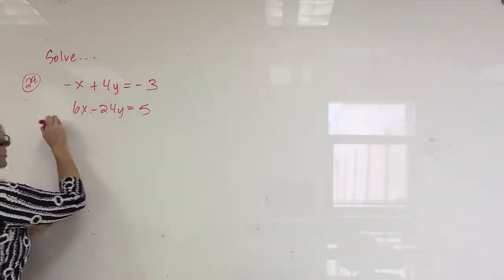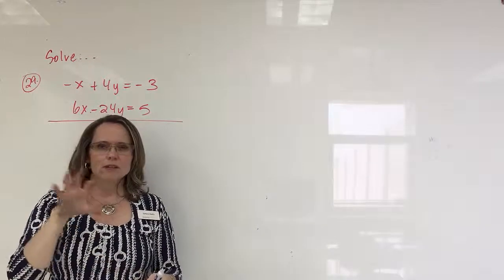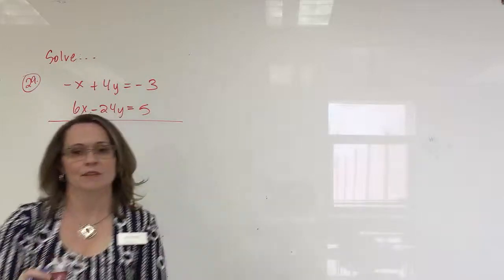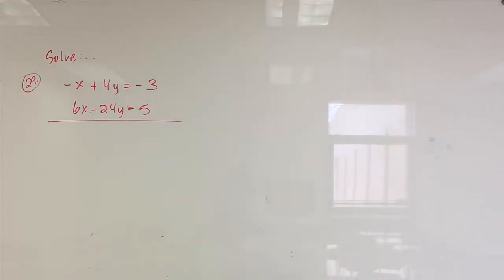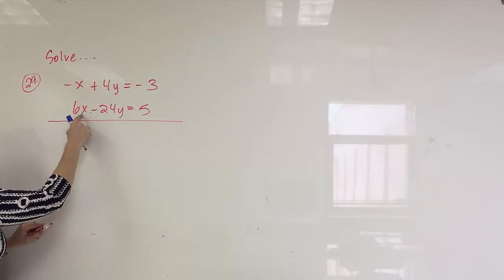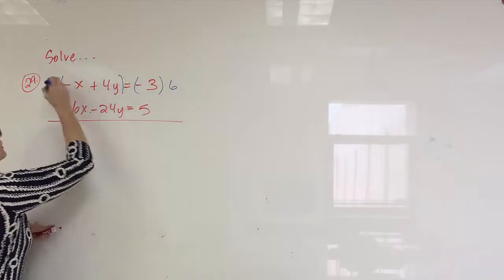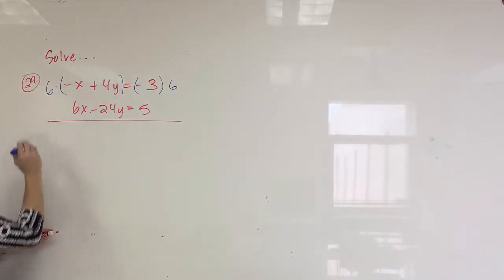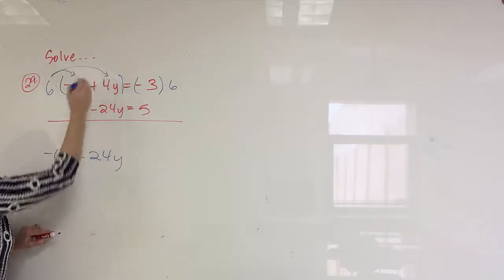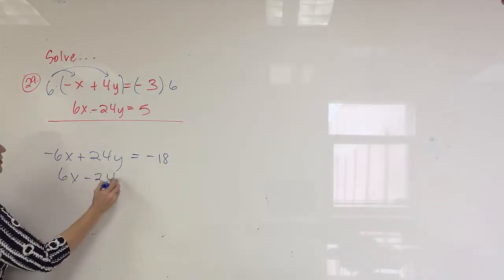So these are my two equations. Elimination means I'm aiming to get either the x's or the y's rearranged a little bit such that they have additive inverses for their coefficients. So on this first equation, I notice I have a negative x and I have a positive 6x here. If I take this equation and I multiply it by 6, what happens is I end up with negative 6x plus 24y, you're using the distributive property, equals negative 18. And then if I just bring down that second equation,